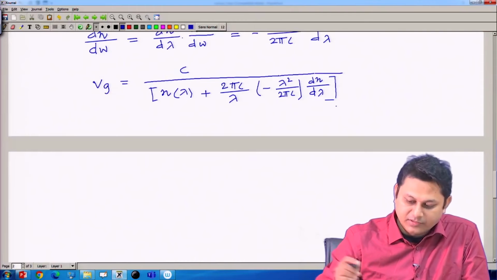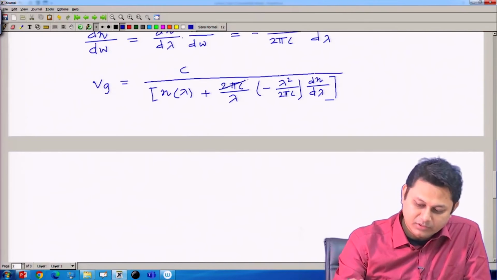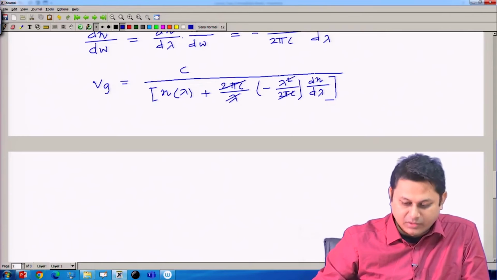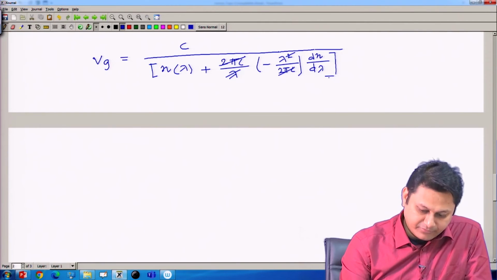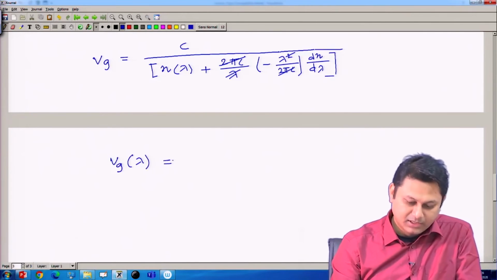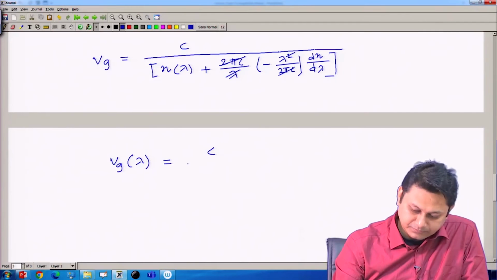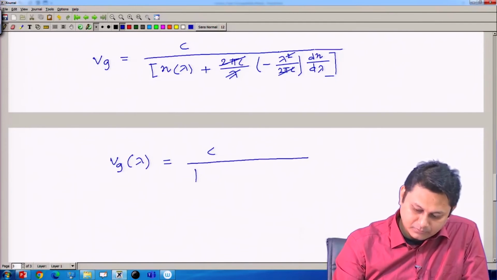Eventually this 2 pi c is going to cancel out, and one lambda square term will cancel out. So, finally, I have Vg, which is a function of lambda now, that for different lambda I have different group velocity. It should be c divided by n as a function of lambda minus lambda dn d lambda. This is one form,